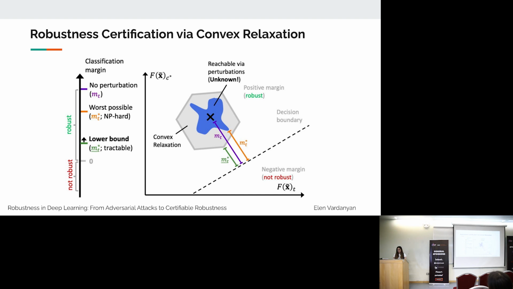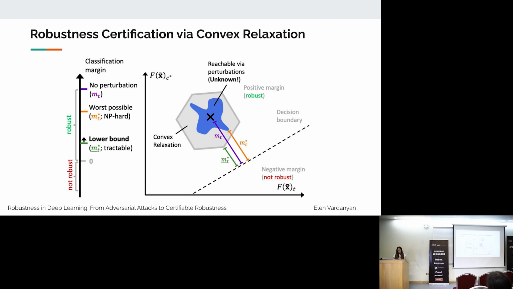We just created this convex relaxation, this bigger set, bigger than the reachable perturbation set. When we had zero perturbations, we get this classification here, and then for the worst possible